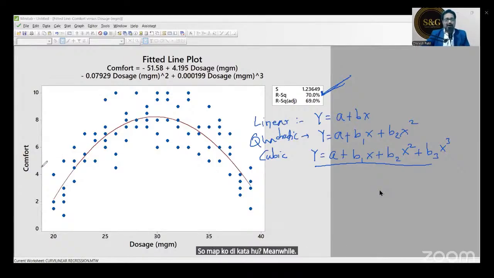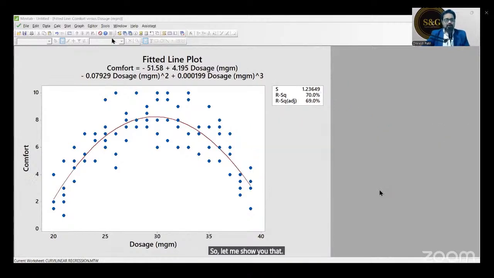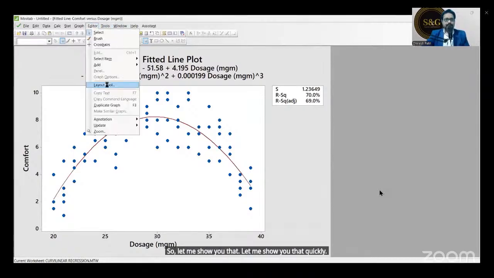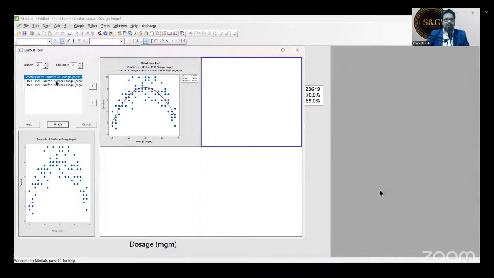Meanwhile, open the next file. Once we will do multiple regression. So let me show you that quickly. All the three models are here.